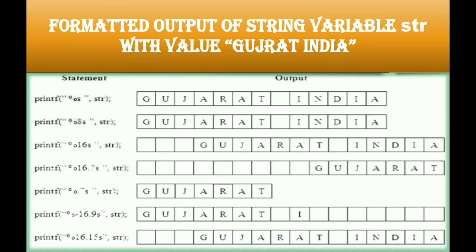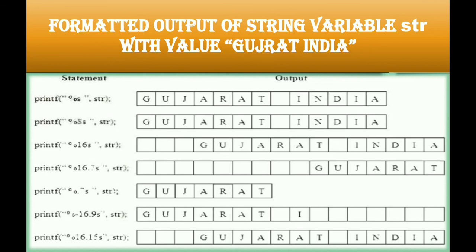Now in the fifth printf statement, the width we are not providing. After the percentage, directly we are providing how many characters we want to display, that is 7, and then our specifier, that is s. So here it will display 7 characters only, but with left alignment, because the width is not specified. When we specify the width, then only the output becomes right aligned, otherwise it will be visible from the left hand side.